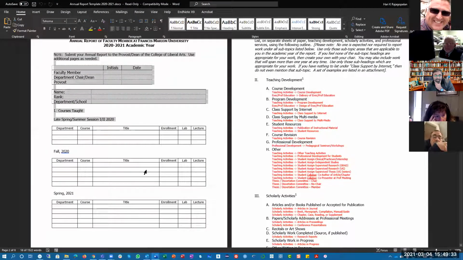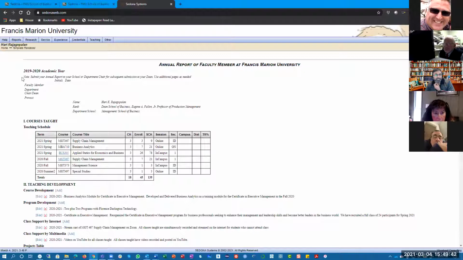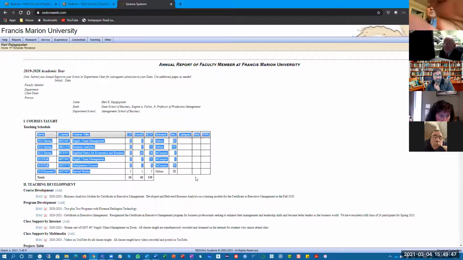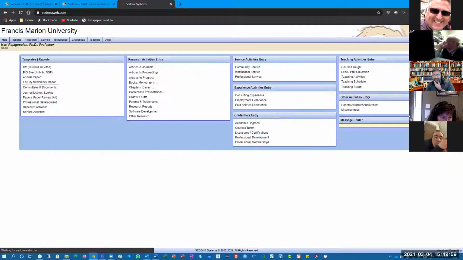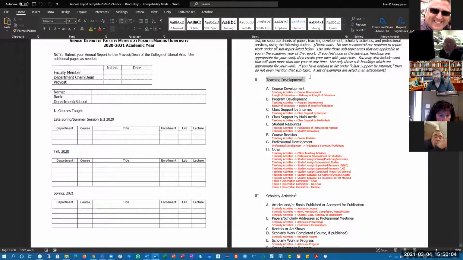So remember I said all this will be automatically generated, right? And let me show you an example of the annual report here. So you'll see your name, your rank, your teaching schedule, all of that will be automatically generated. And you can then generate a Word, PDF, or directly print it. So let me go back. So the first thing in your annual report, the first section, is teaching development, right? And then you have course development, program development, all these kind of activities here. So I wanted to kind of show you